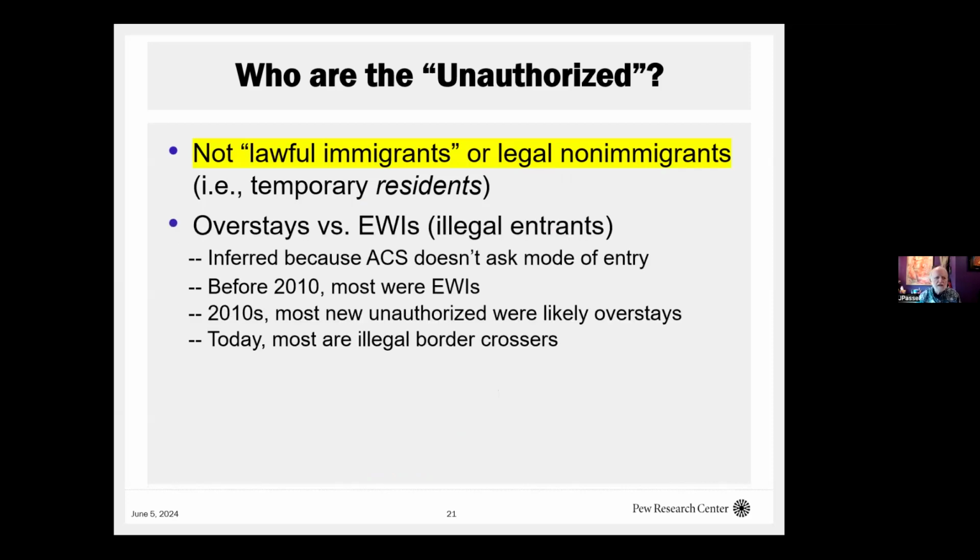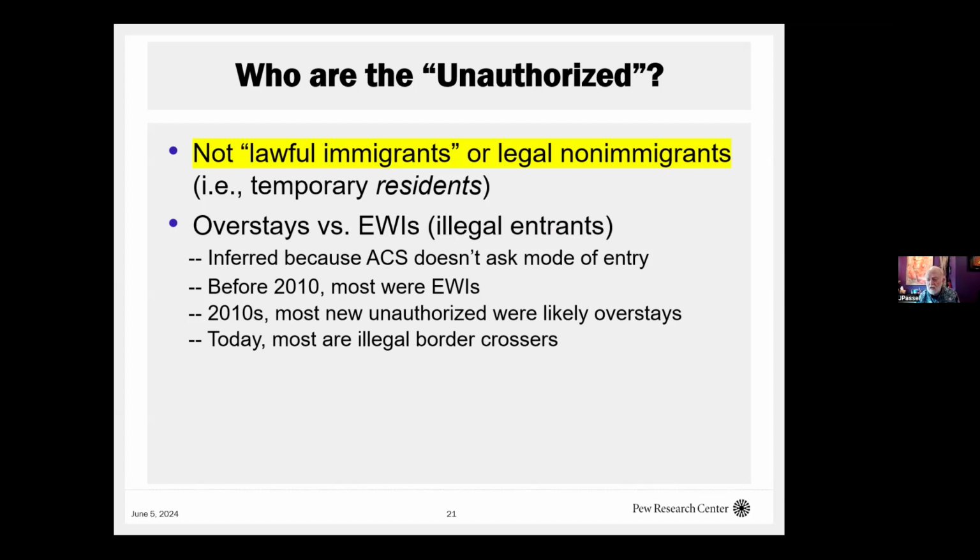One of the policy concerns is, did people overstay visas or did they cross the border illegally? We can't really tell that from our data because it's not asked in the survey. We used to infer that people who came from nearby countries were probably clandestine entrants, and people who came from far away were probably visa overstayers. That's not as good an assumption these days when we look at the people apprehended at the southern border who are now coming from all over the world.